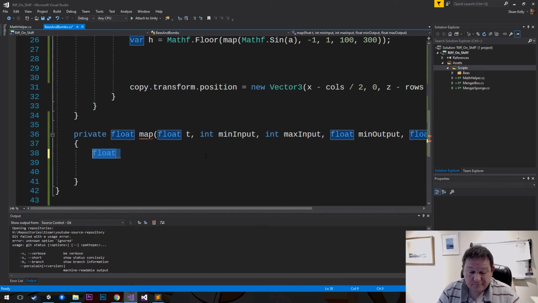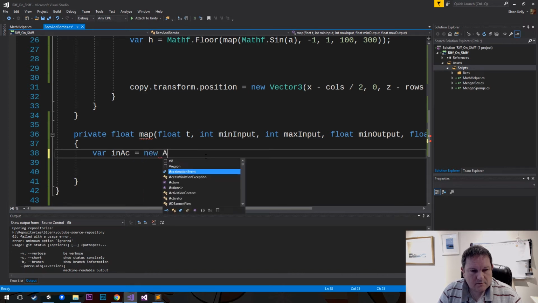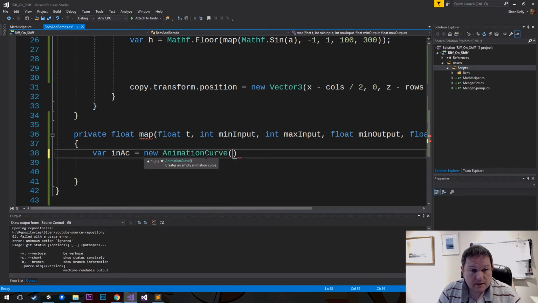So if I do, it's probably not the cheapest way to do it, but let's do it this way. Bar equals new animation curve, and then I want to have